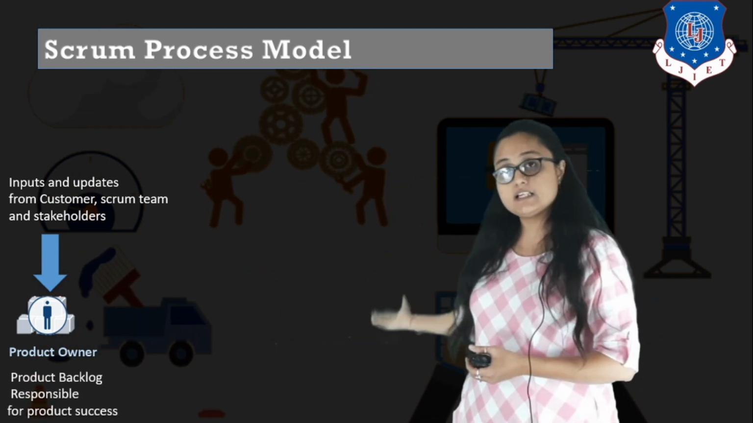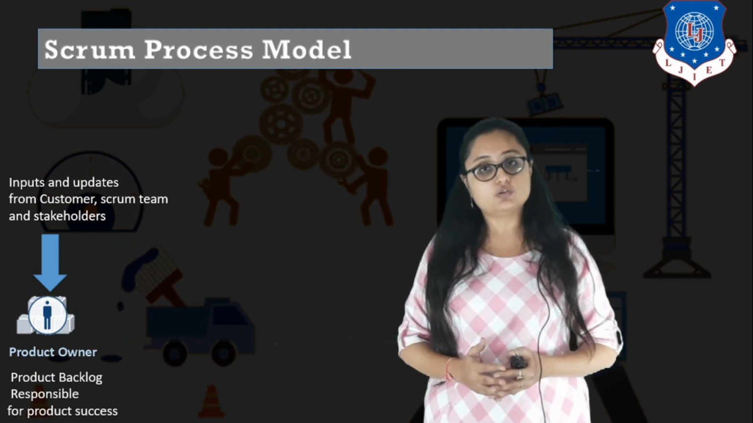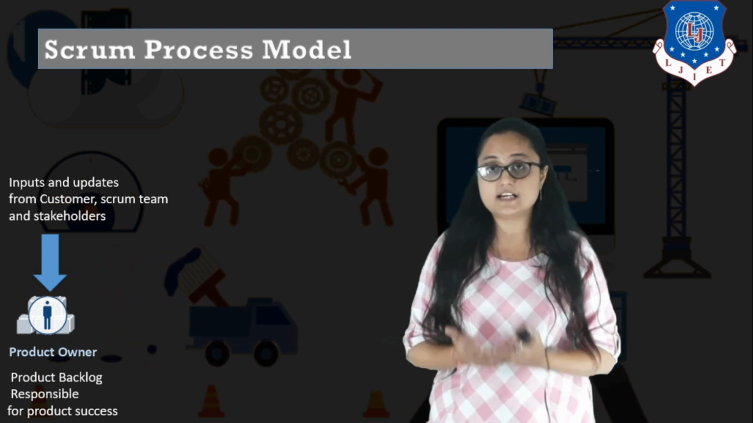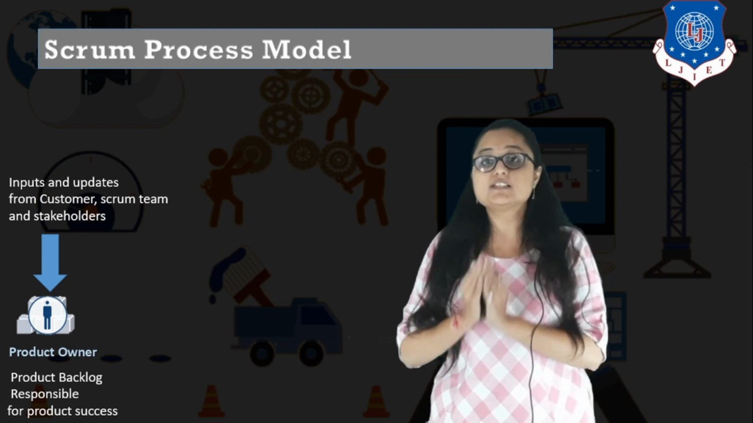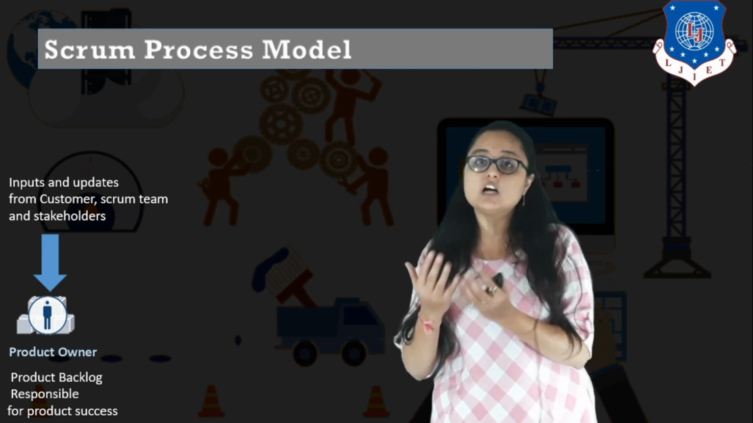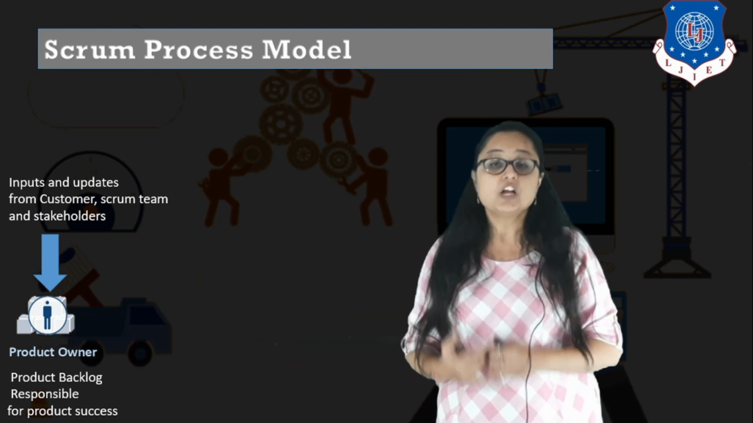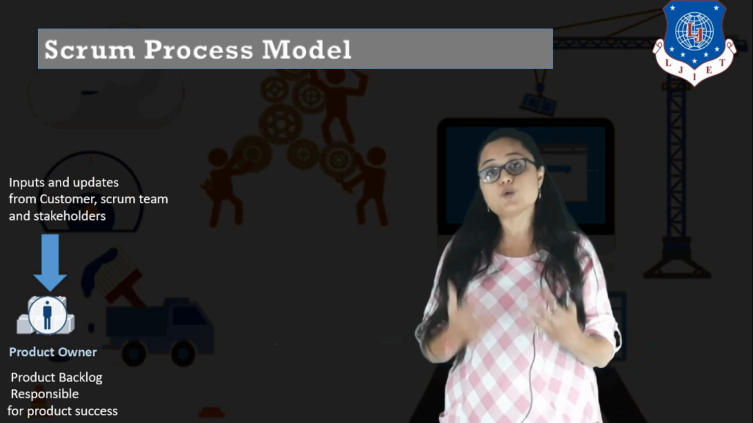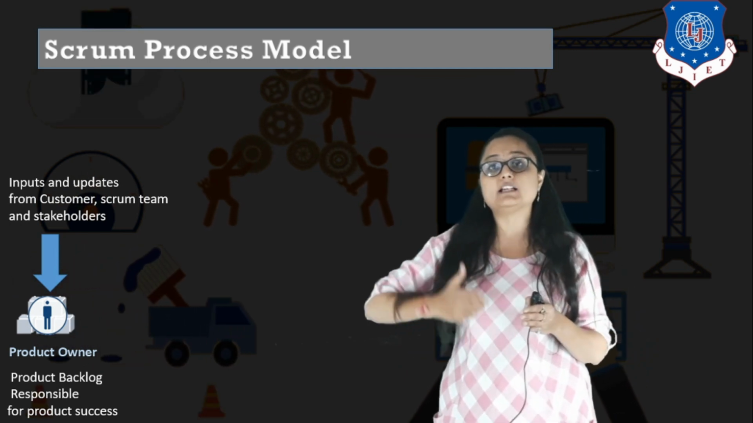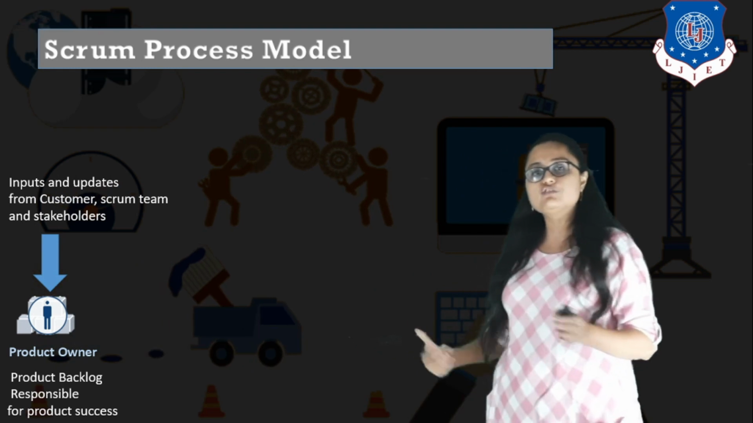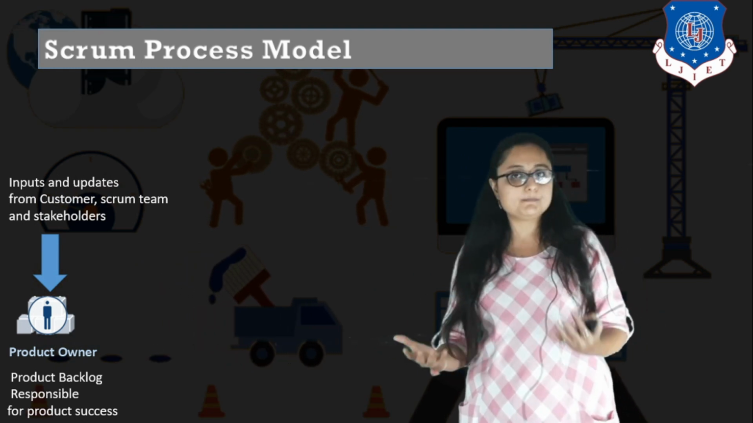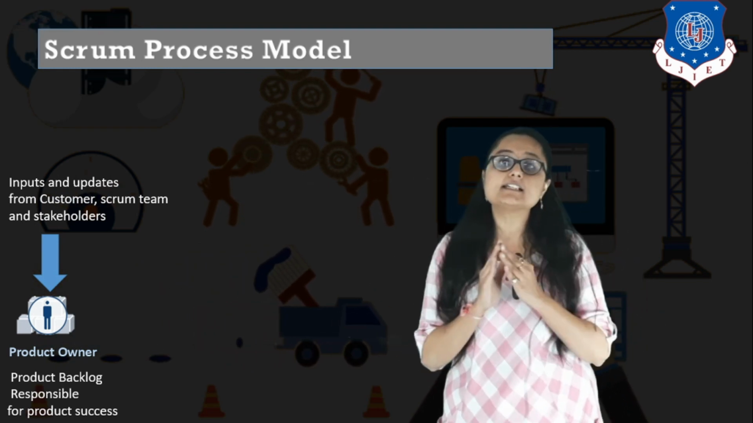Now what is the major role of the product owner? As I told you, all the inputs and updates from the customer, stakeholders and Scrum team come to the product owner. The product owner is responsible for maintaining a product backlog. Now this term also you have not heard, backlog. What is a backlog? A backlog is nothing but a prioritized